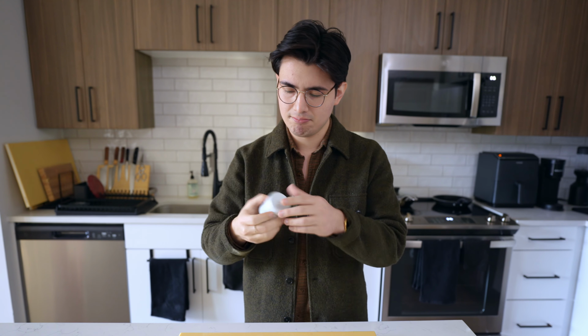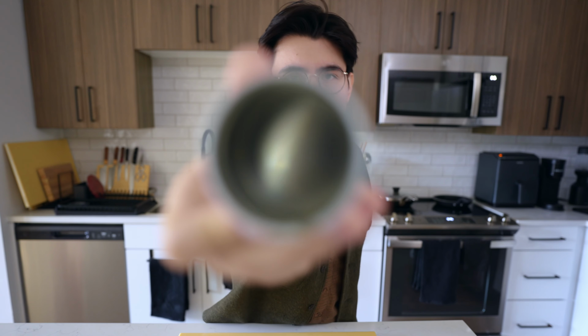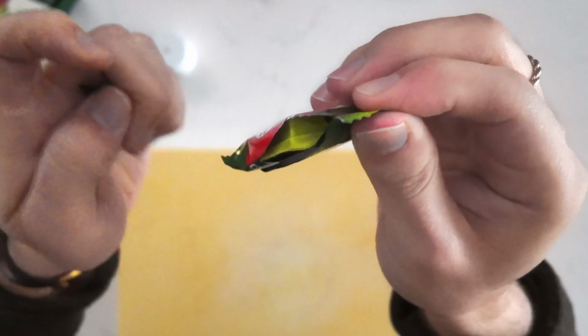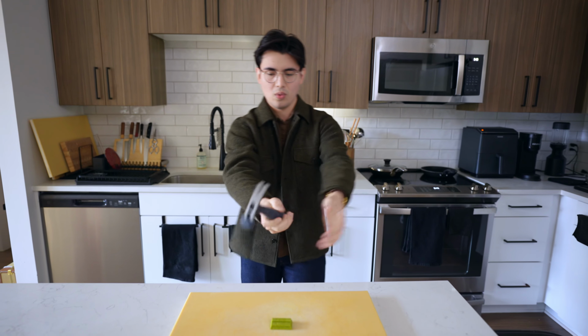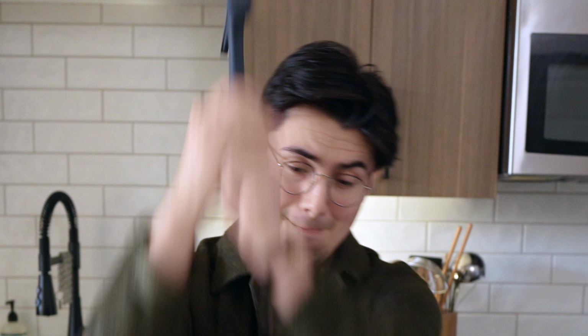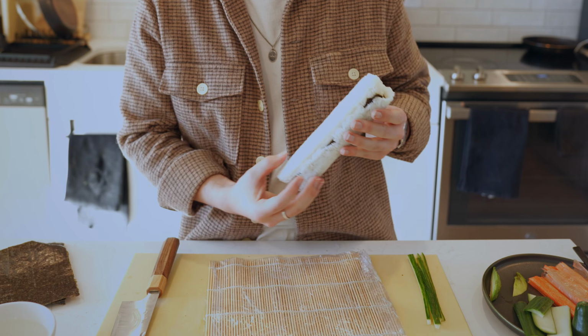Imagine craving a homemade matcha latte only to find out you were all out of matcha. I have a solution. All you need is a matcha flavored KitKat, a cutting board, a hammer, and yup, you guessed it, patience. Hi, I'm Alex, and I want to find out what would happen if I replaced ingredients with